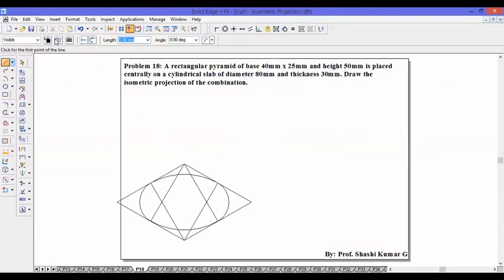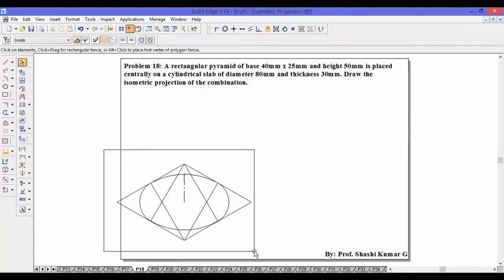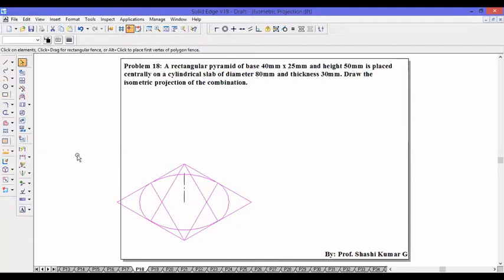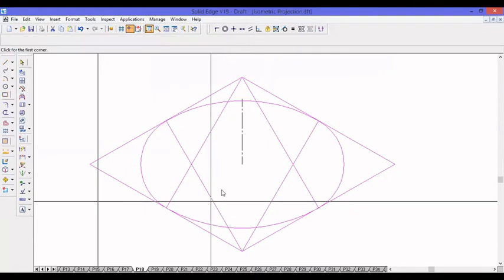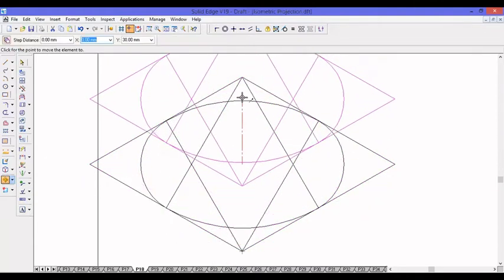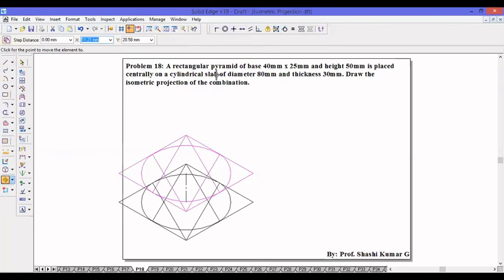So let us show the axis of the cylinder which runs exactly from the center. You can see the relationship there. Two dotted lines are showing. There is the center, 30 mm at 90°. Now select this entire thing, but not the axis. Go for move, switch on copy from the base and paste it on the top, at the end point of the axis. So now the cylinder part is completed.